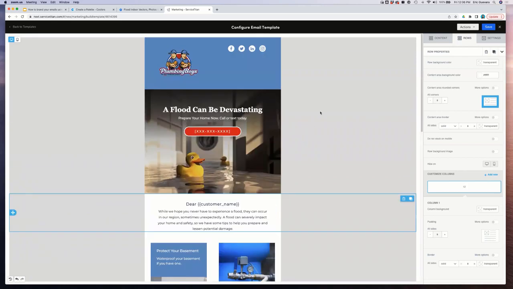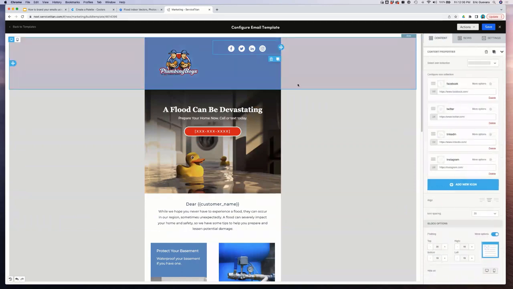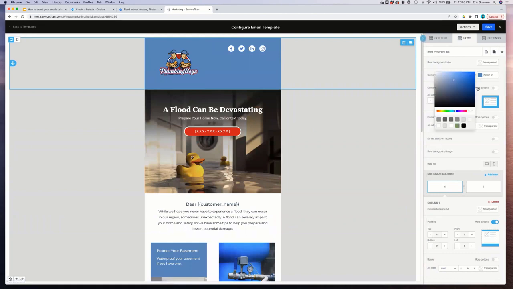Okay, we had two questions. Laura asked if it's possible to do gradients with colors. It is, yes and no. So you cannot create a live gradient with this color tool, but what you can do,